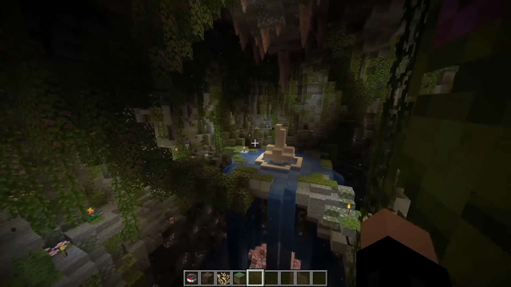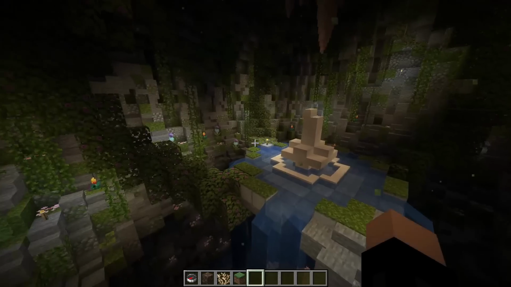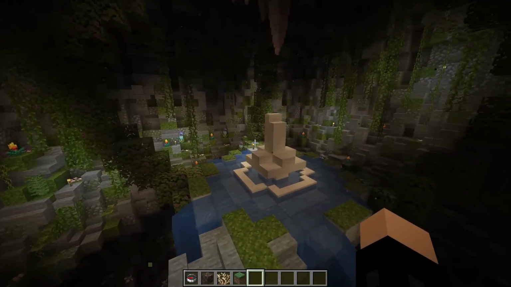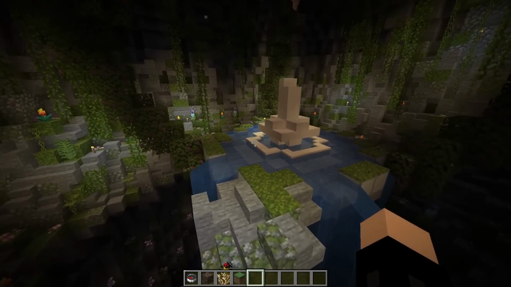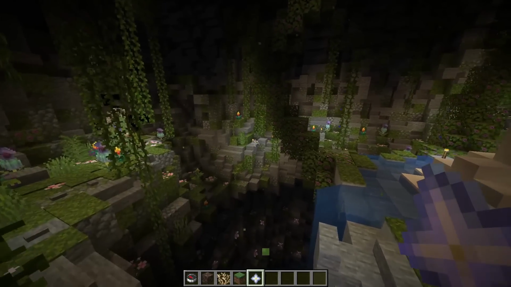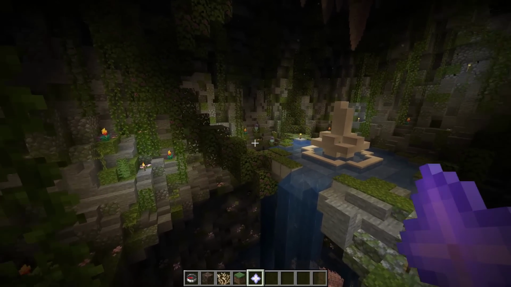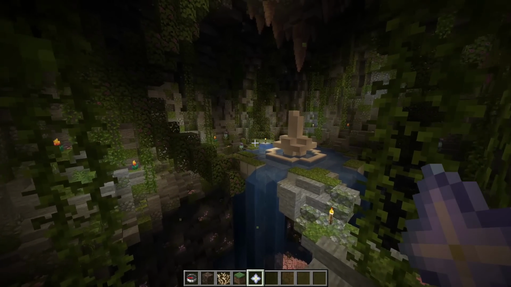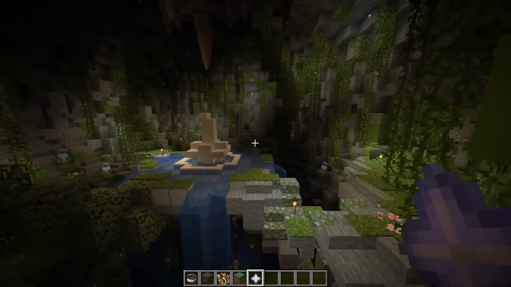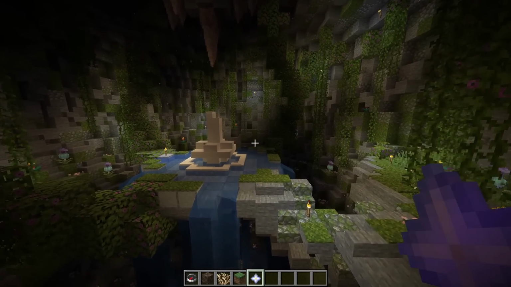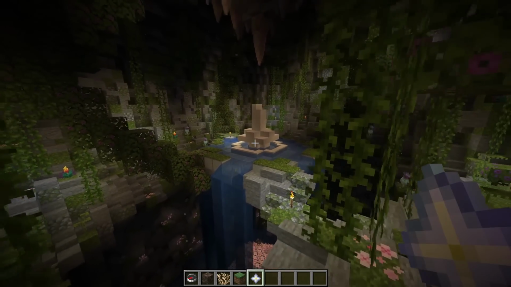The next step for actually being able to use this TARDIS is to acquire a nether star, because as you can see, this interior has absolutely no controls. It just has this sort of console statue. So obviously a nether star requires you to beat the Wither, which I think is a really nice bit of balancing. You don't need to go to the end to craft the actual TARDIS coral, but you do need to beat the Wither, which is arguably equally as difficult as the Ender Dragon